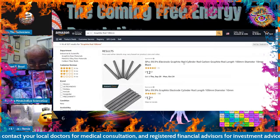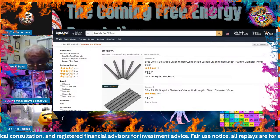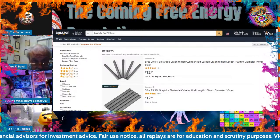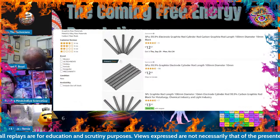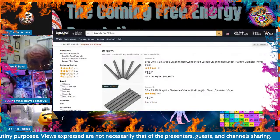These are the electrode graphite rod cylinders. Those are them, rods. That's exactly what they look like. Put a paper towel around the base, and wrap it with magnesium, and you've got yourself a piss-on-it battery that will be like an alkaline. And that's all you need to do. Very simple. The perfect prepper, the perfect